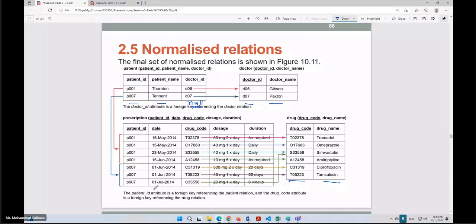Prescriptions, if you want to make any changes in the prescription, you can easily make the changes. Okay, so we see that we solve the problem of update, we solve the problem of delete, we solve the problem of insert by this process called normalization. And this is up to 3rd normal form. With the 3rd normal form, there will not be any update or delete or insert anomalies. And this is how you do the